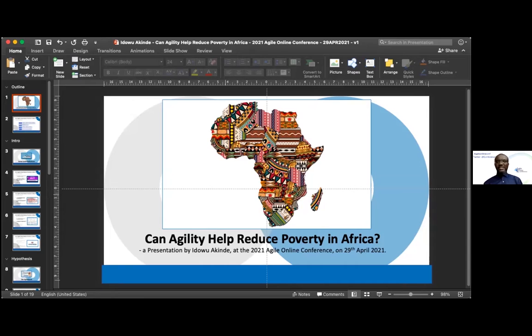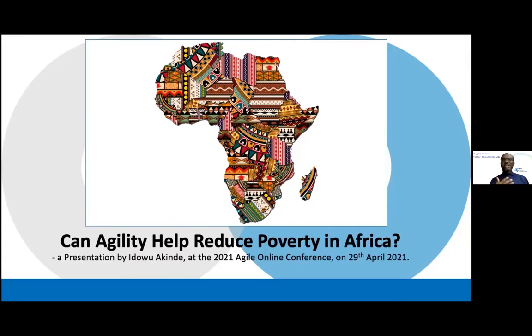I have a couple of slides here that I'd like to share with us, just as a framework to discuss a couple of thoughts about the relationship, if such exists, between the levels of agility and the levels of poverty and its inverse, wealth, at the national levels. So I have a few data sets here that I'd like to share with us. We can look over them together, and I'll have a section for comments at the end of the day. So without much further ado,